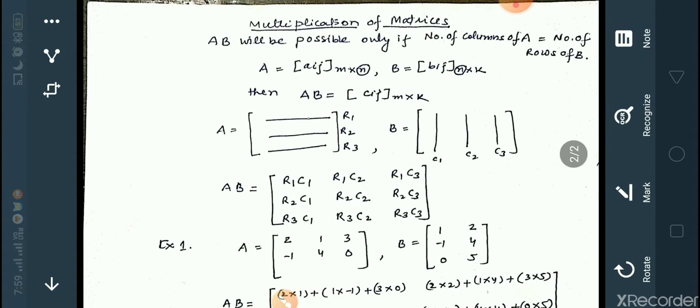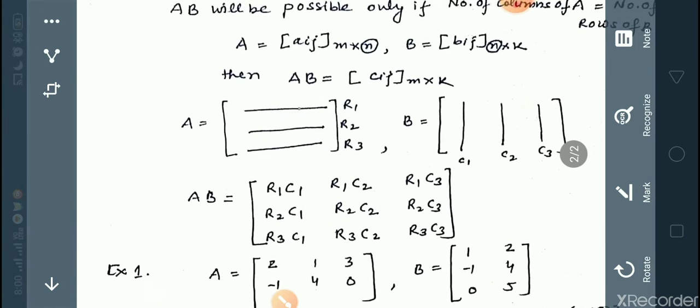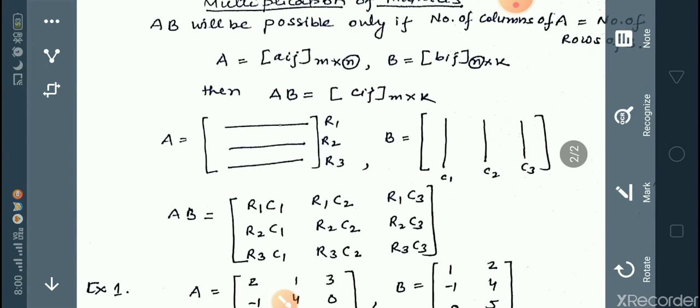So what will happen with multiplication of matrices? What will be the conditions? Are the conditions the same as we use for addition? Have a look. AB will be possible only if, here is the condition for matrix multiplication, AB will be possible only if the number of columns of A is equal to